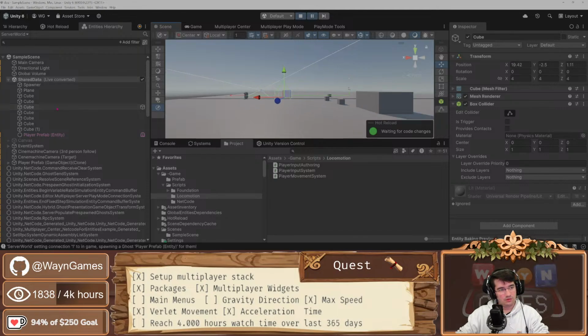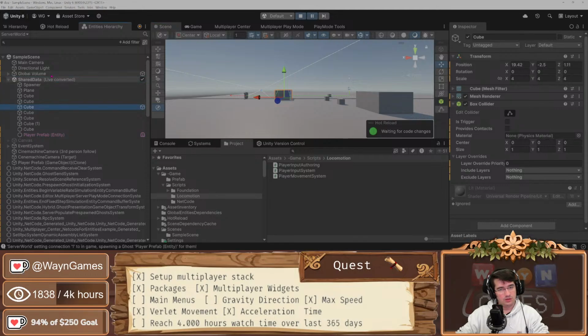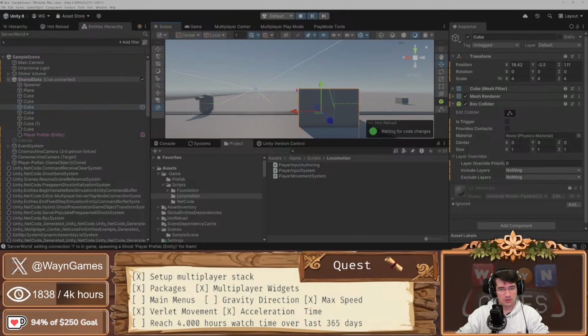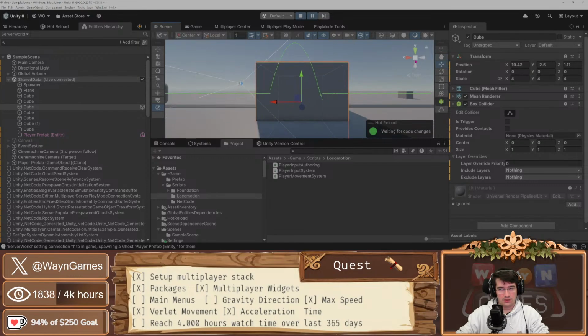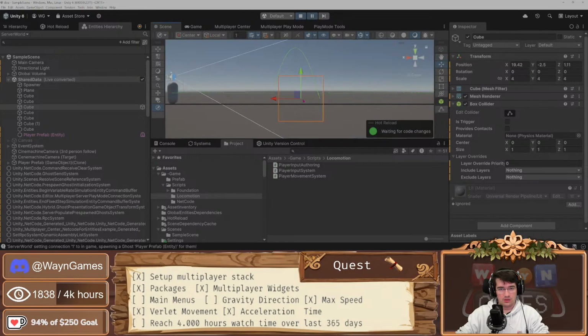It's not actually moving the cube, so okay. And that is 4 in height and 4 in length. So we are good with the jump